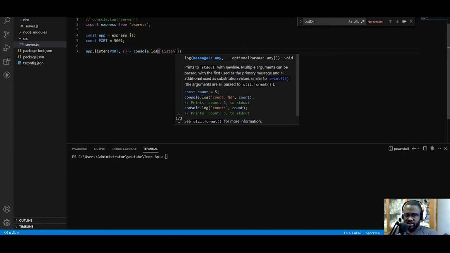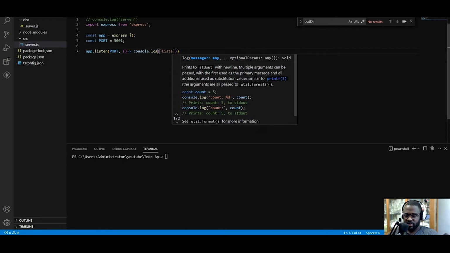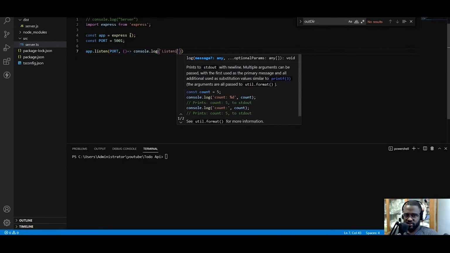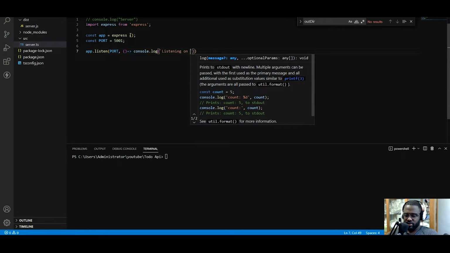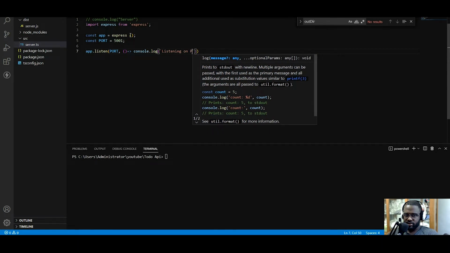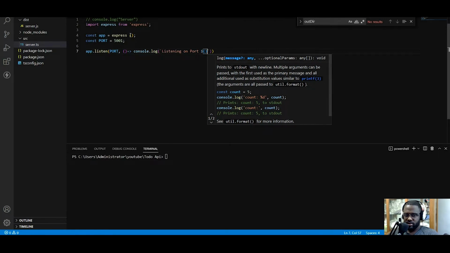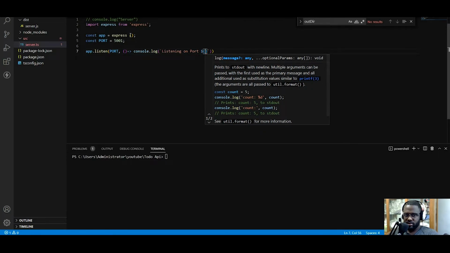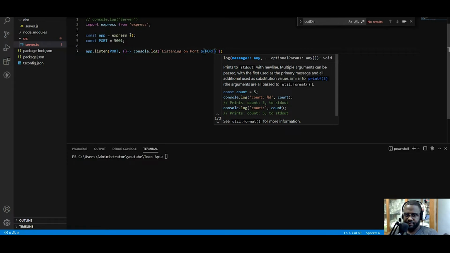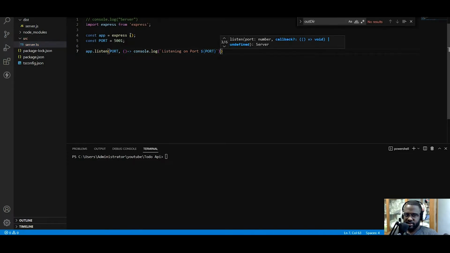Listening on port, this port right here. Okay, we save that, and then let's cd into our source folder, and then